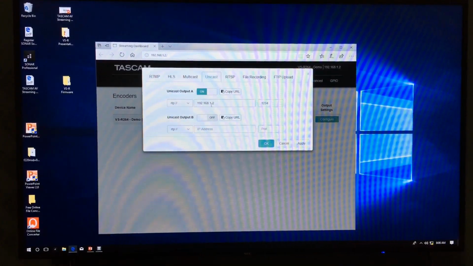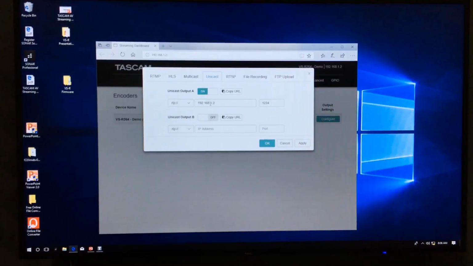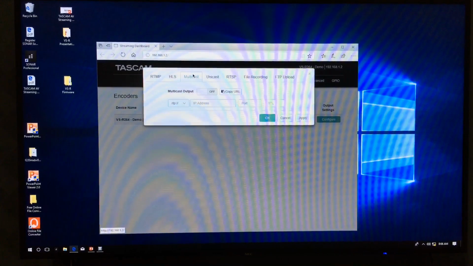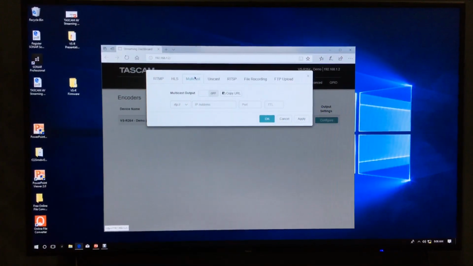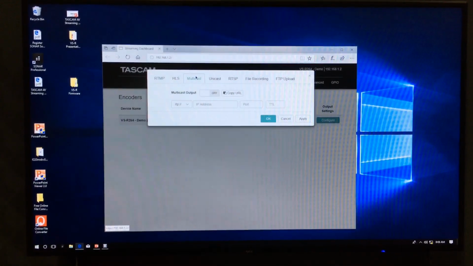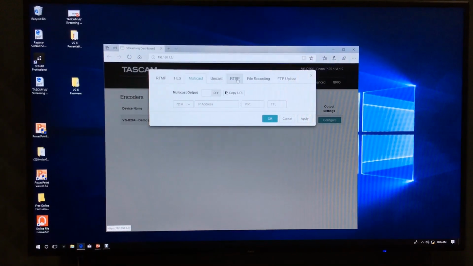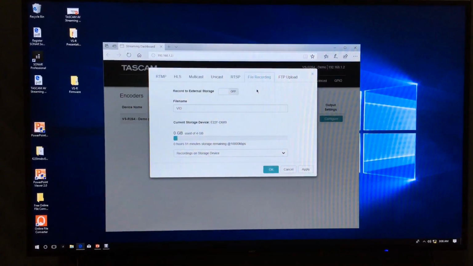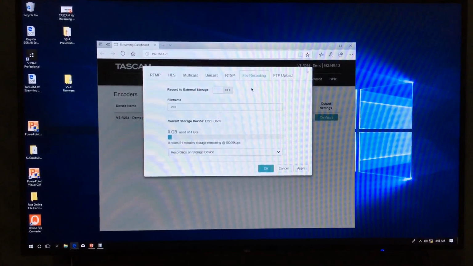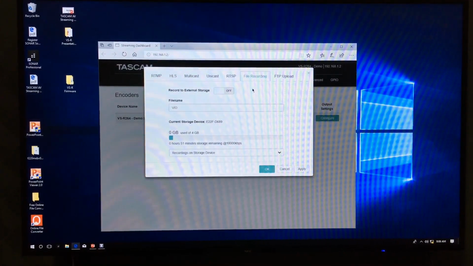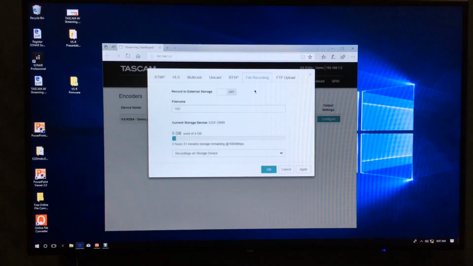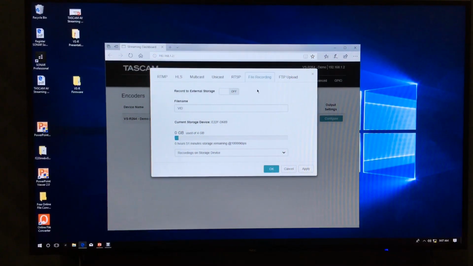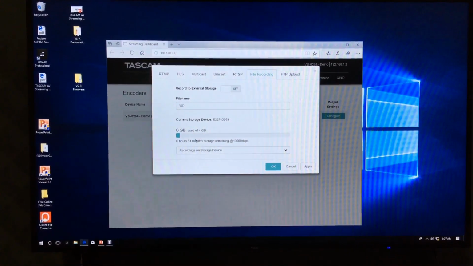It can generate 2 unicast point-to-point streams and a multicast, so that's 1 stream to the switch and multiple consumers from the switch, an RTSP server, and you can record simultaneously, again, recording the file as transport stream or in MP4 to an SD card that goes in the front, or USB media that goes in the back, a USB drive. I've got a USB memory stick just in the back.